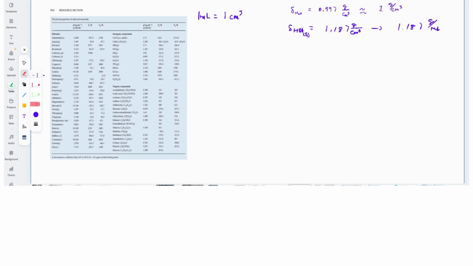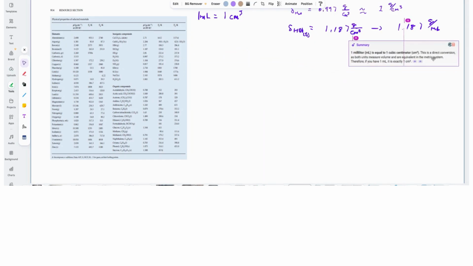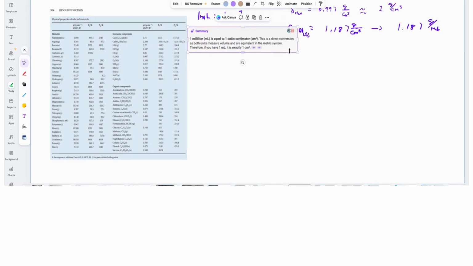So let's go to, let's see here. Right, and just to drive a point home, with an AI summary, so you can see this, just to cite my sources, right? But yeah, that's going to be that conversion there. So that's important